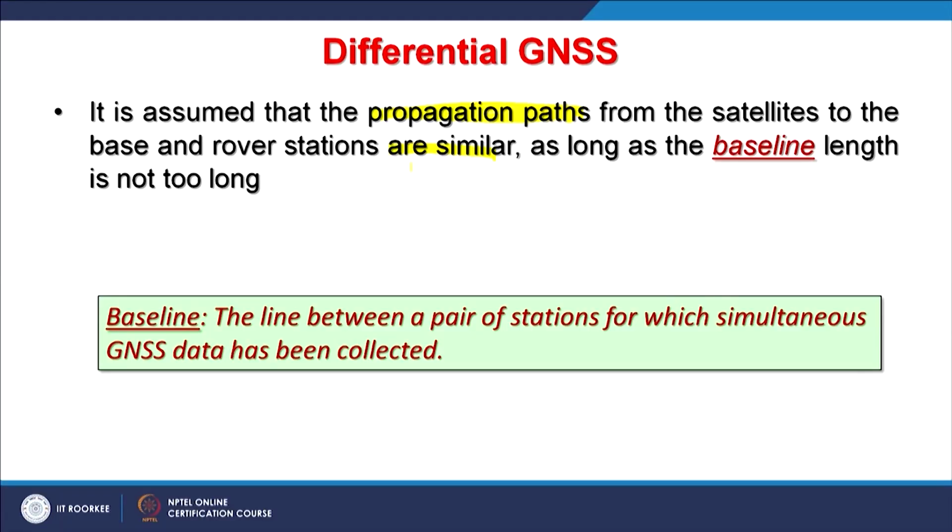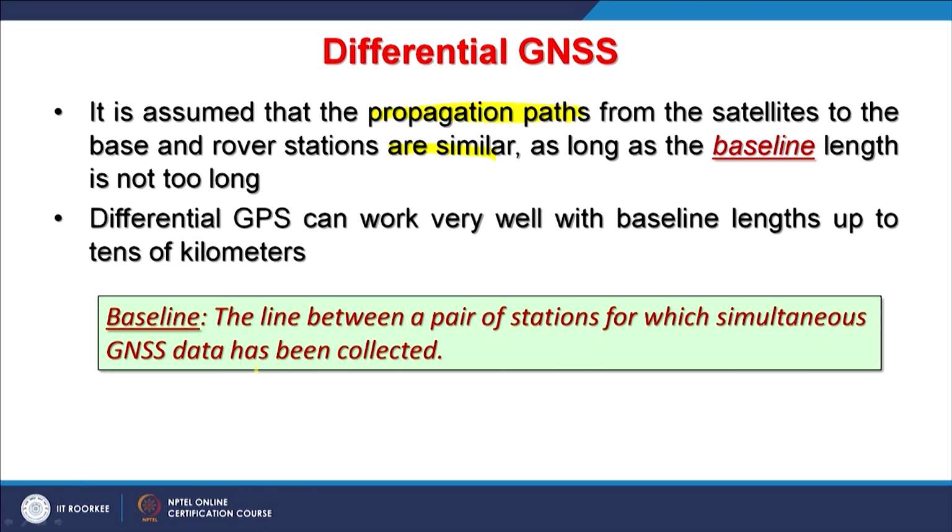So, the baseline, if we would like to define it here, is the line between a pair of stations, maybe base and rover, for which simultaneous GNSS data has been collected. Differential GPS or GNSS can work very well with baseline lengths up to tens of kilometers. It is not that it works only within a few meters; even if they are far apart, 10 kilometers, 20 kilometers, we can still use this technique, that is differential GNSS.